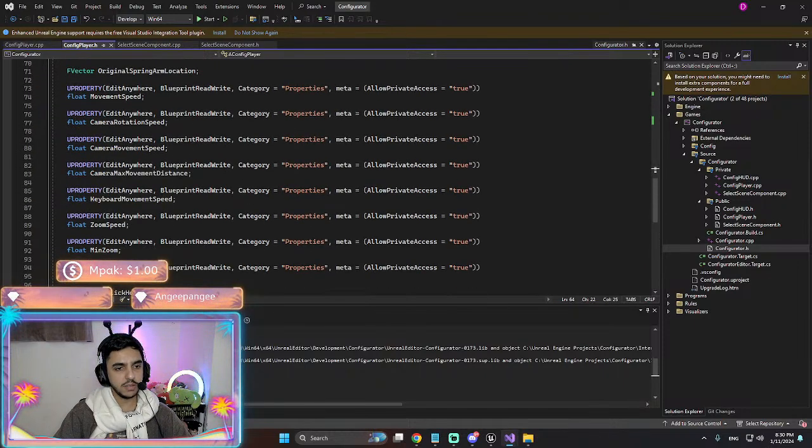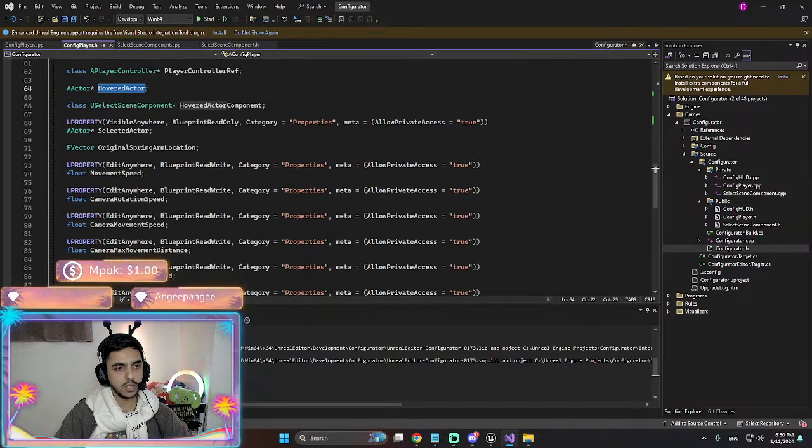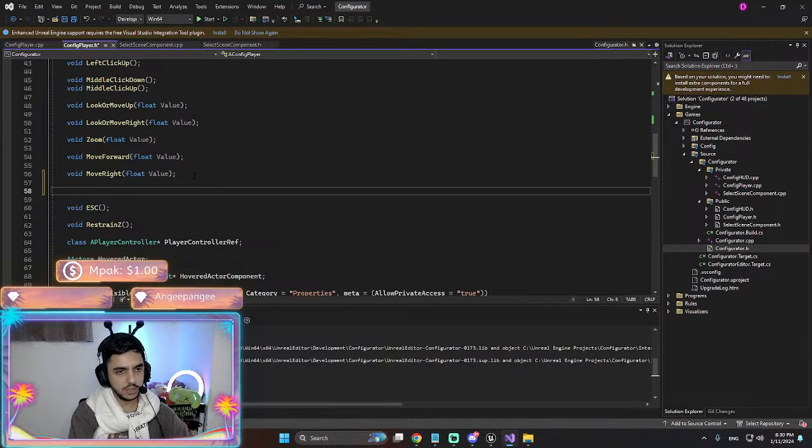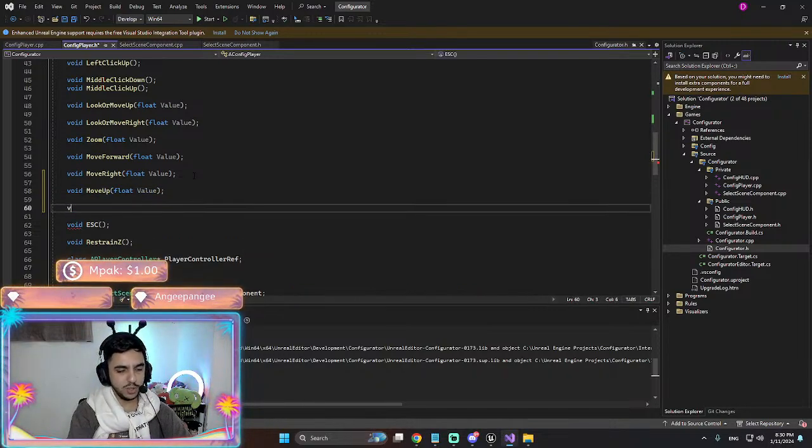Right underneath move forward here and move right. Void move up, float value. Should be easy, right? I think the hard part is when I'm going to turn it into a plugin.